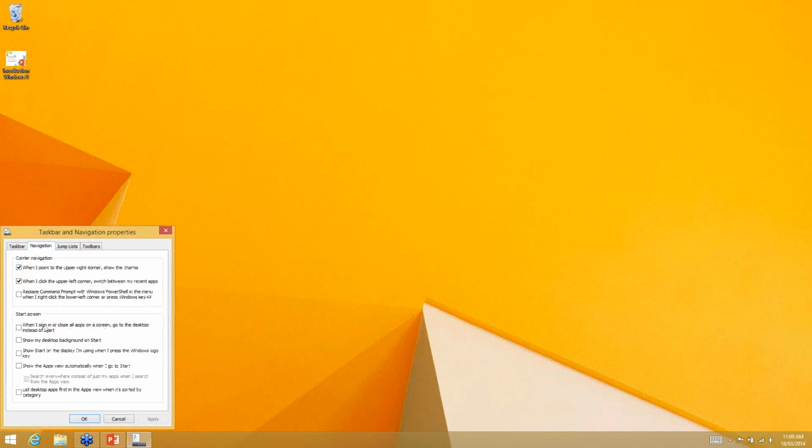Okay. Now under Navigation, you can see these options here that say Start Screen. Hopefully that's not too small to see on your computer, but it says Show my desktop background on the Start menu. So that was the person asking about how do we customize the background, so we can do that. Okay. When I sign in or close all apps on a screen, go to desktop instead of start. Okay, so those are the two options that you want to make this feel as much as a desktop as you want. So you click apply